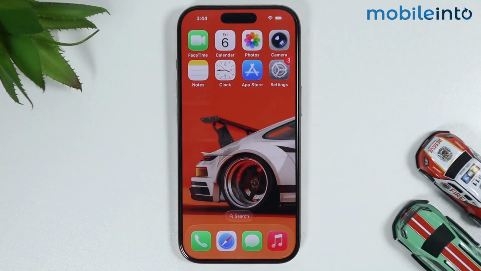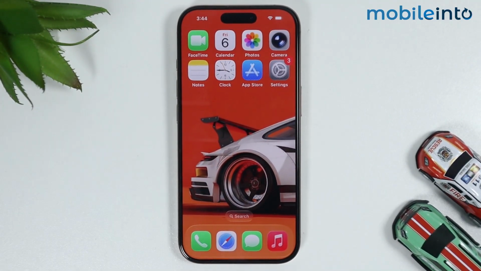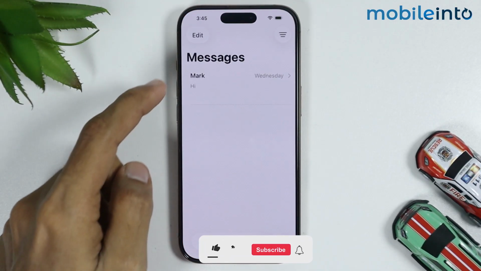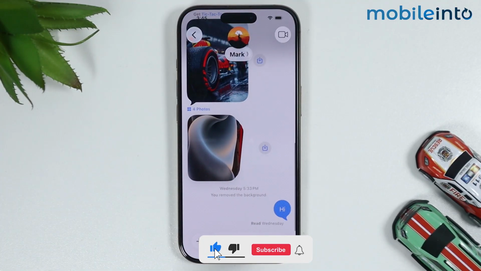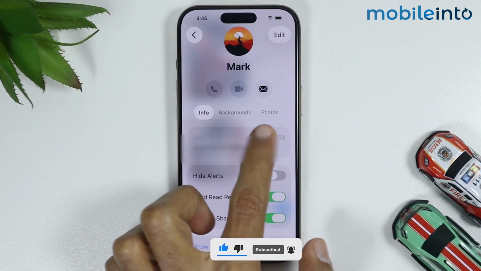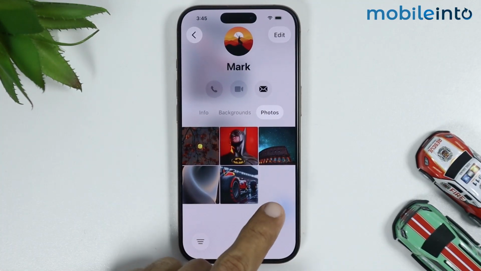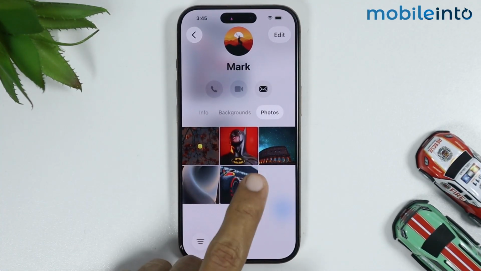If you want to know how you can see the pictures in messages on your iPhone, in this video I will show you how you can do that. First of all, just open the Messages app, then select any contact. Now from here, just tap on the profile icon of your contact. Now on this screen, you will find the option of photos. Just tap on it. Now over here, you will find all the photos which have been shared with you by